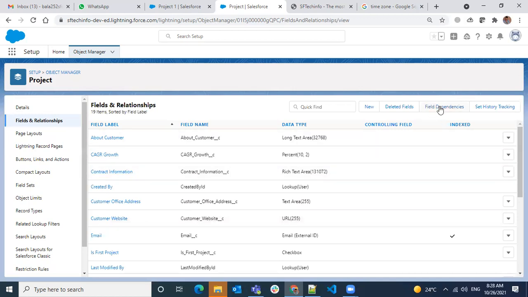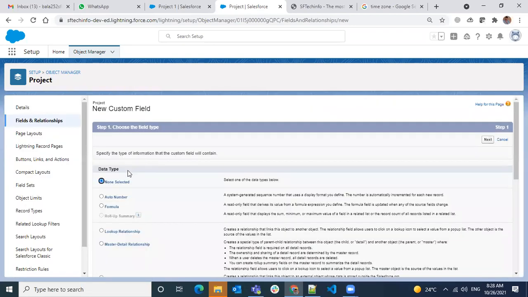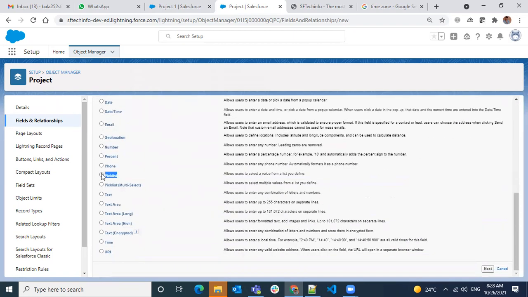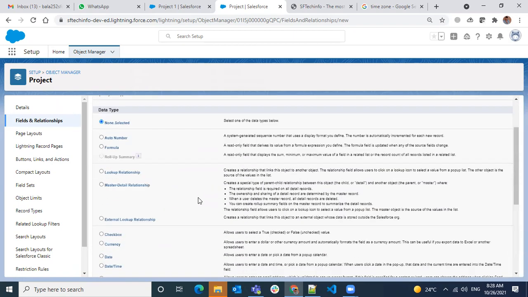This field dependency feature, I'll explain tomorrow what it is, and set history tracking. I will also explain this tomorrow. There are two features in this field section, and in the new fields we will create, we'll cover auto number and pick list and multi-select pick list.